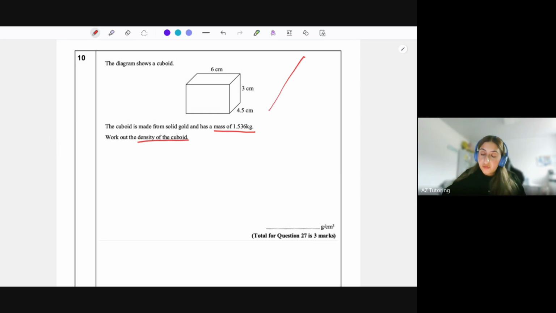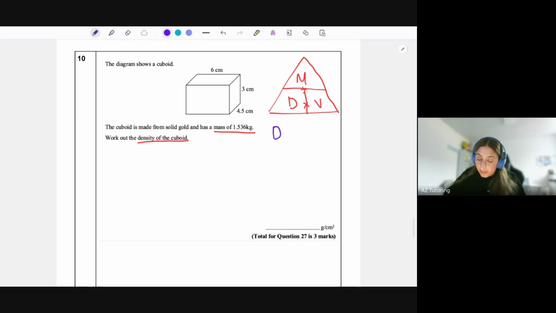So first of all, let's draw our triangle so we can see what we're working with. The mass and density triangle is mass equals the density times volume. Remember that's being divided, and the question is asking us to work out the density. Therefore, the density is going to be mass divided by volume. We've been given the mass, we need to work out the volume. So we need to work out the volume of a cuboid,